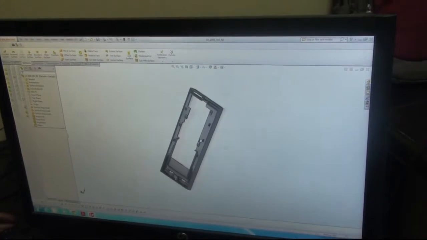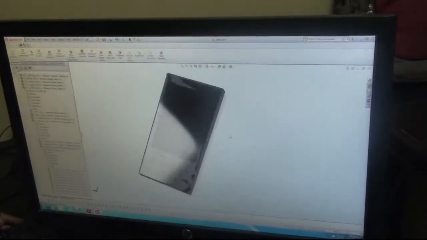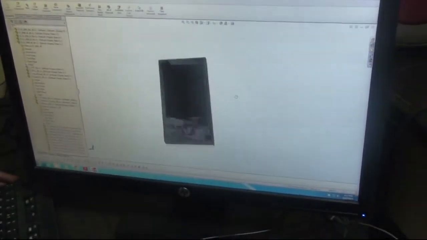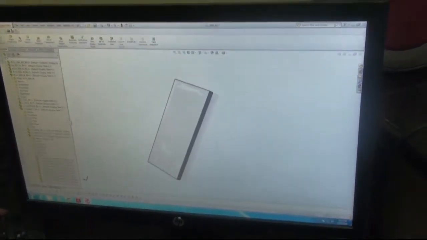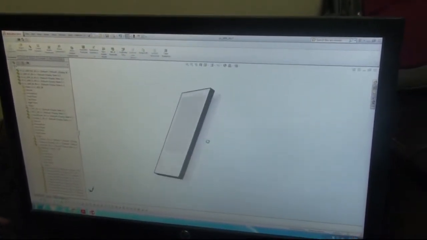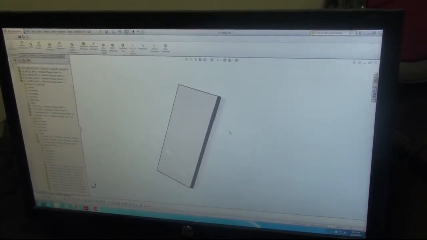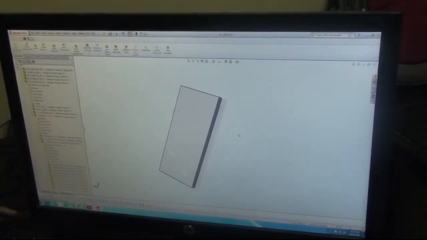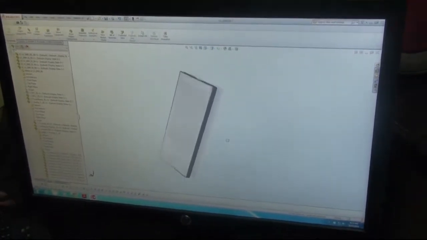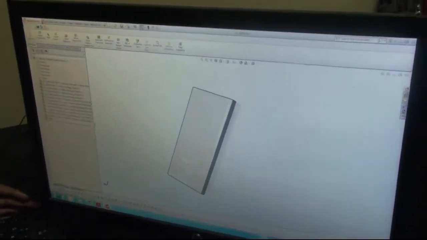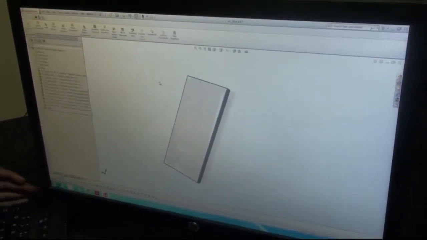And how many days does it take to design the complete frame? Ideally, for this product, it has gone through a lot of iterations, so I cannot specify exactly, but it roughly takes around 1 to 3 months sometimes to finalize the whole design. Once the design is final, we generate drawings.